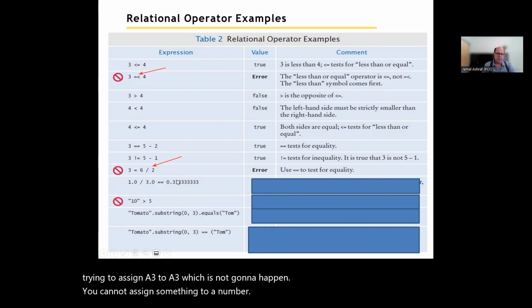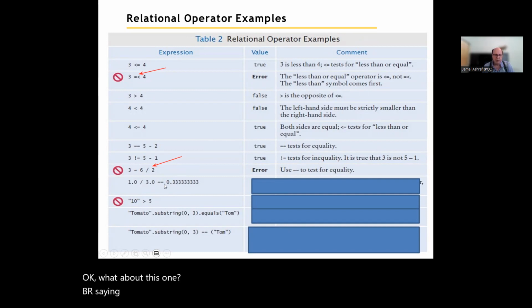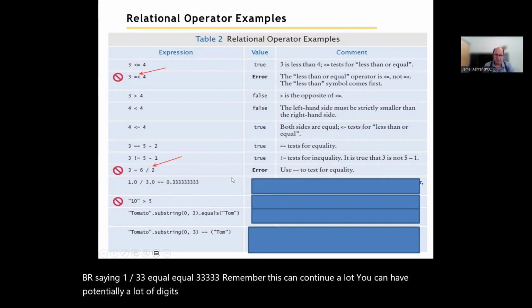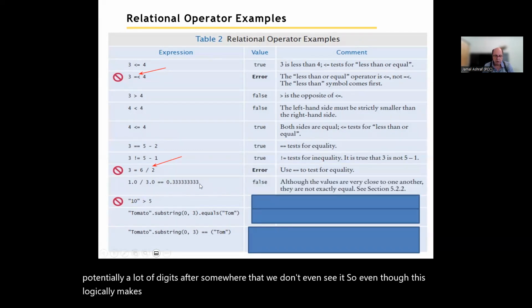Okay, what about this one? We are saying 1 divided by 3 equals 0.333333. Remember, these can continue a lot. You can potentially have a lot of digits after that somewhere that we don't even see. So even though this logically makes sense, most likely it's not going to work because you're going to have some leftover